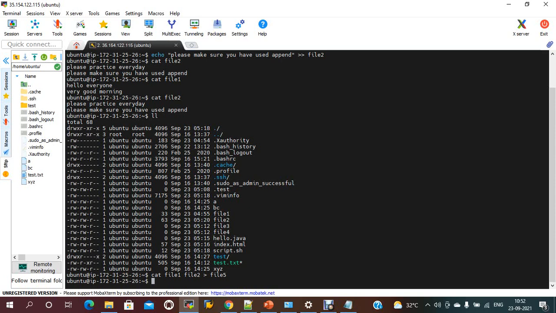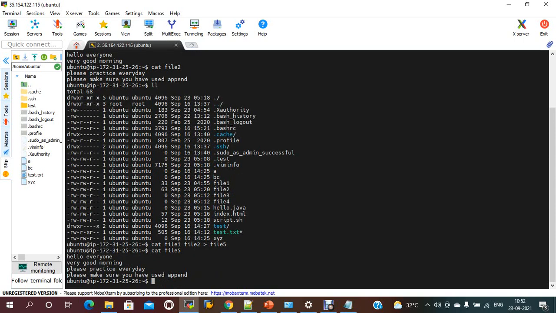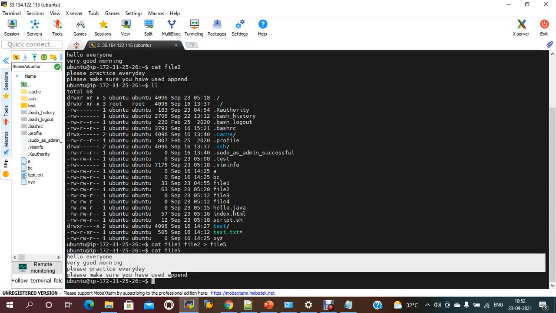If we want to see cat file 5, see, both the files' data should be appended into file 5. Whatever individual data is there should be appended into file 5.